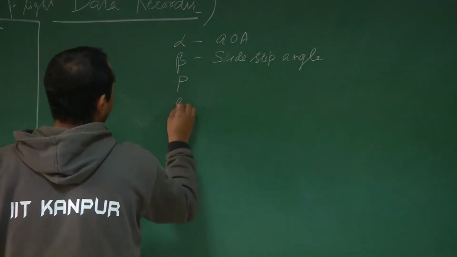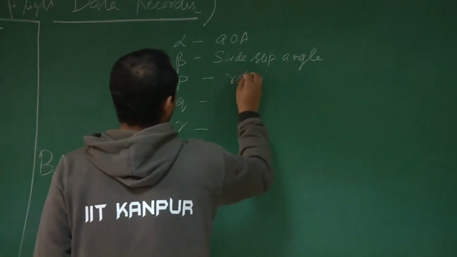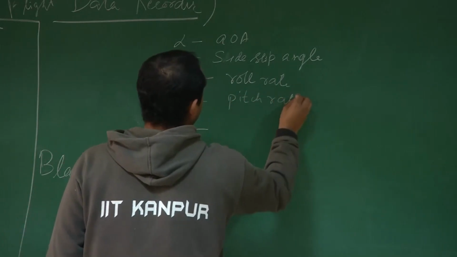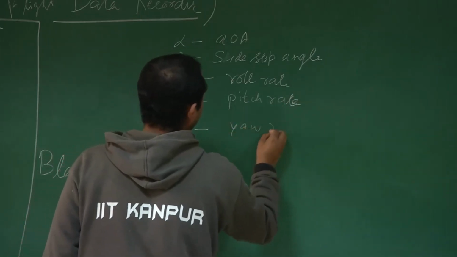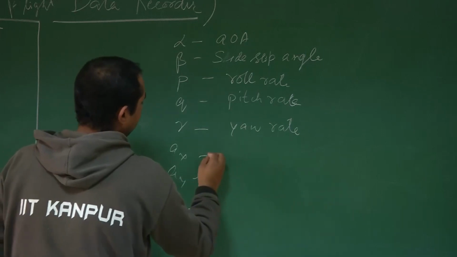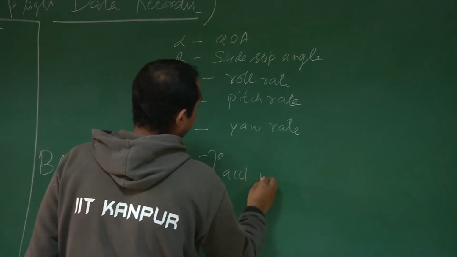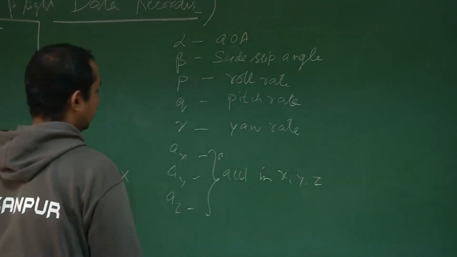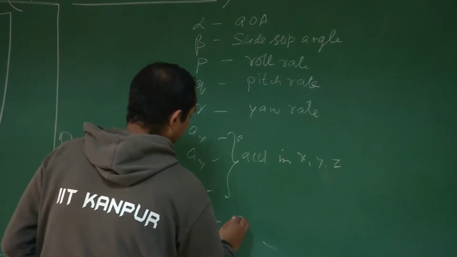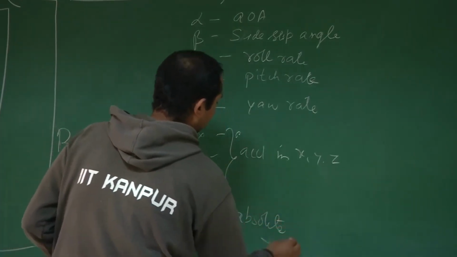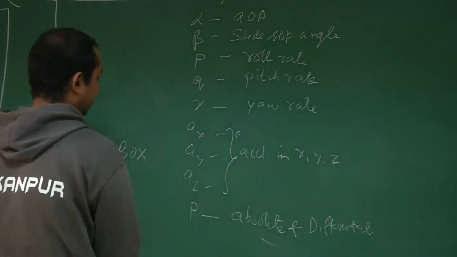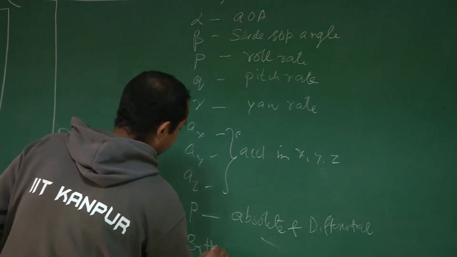your PQR, that is roll rate, pitch rate, yaw rate, AX, AY, AZ, that is acceleration in X, Y, Z axis, plus you have measurement of pressure, your absolute and differential pressure, your battery voltage,